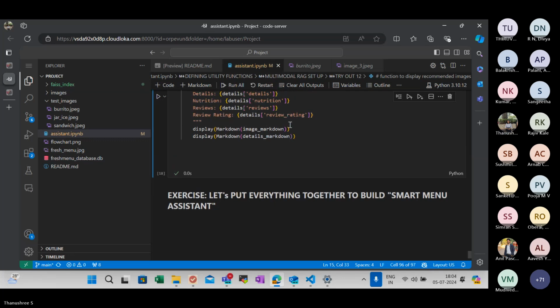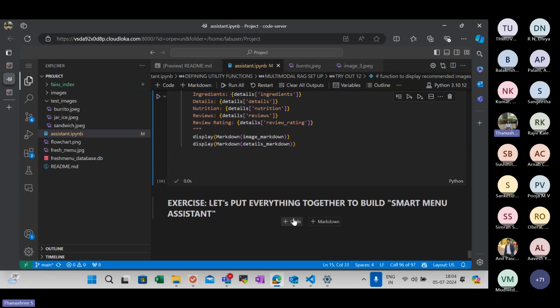Okay, so let's put everything together. Let's put everything together and then we will perform our exercise and then we'll create our assistant now. So this is the last exercise. And once you execute the exercise, please share your outputs in the chat section so that you'll be eligible for the